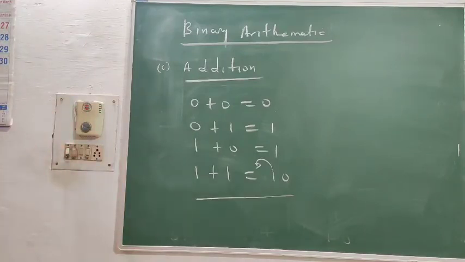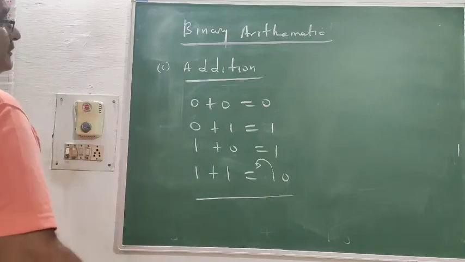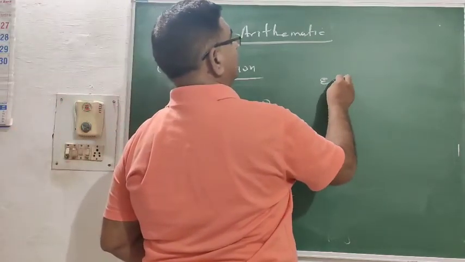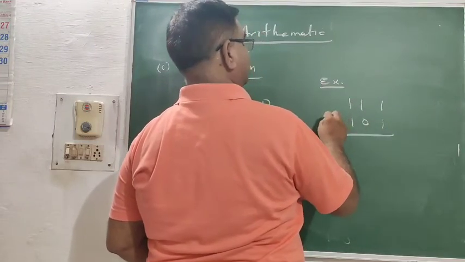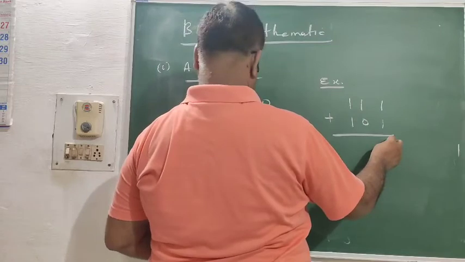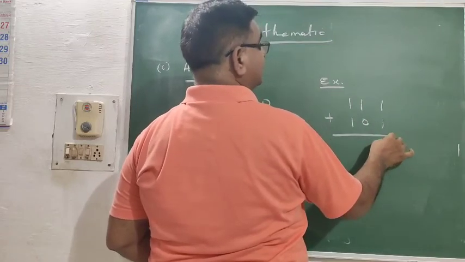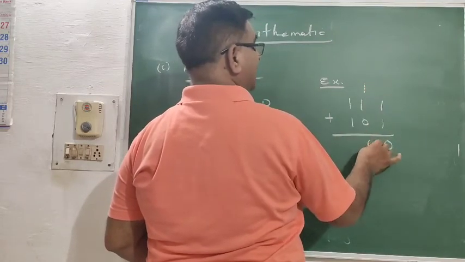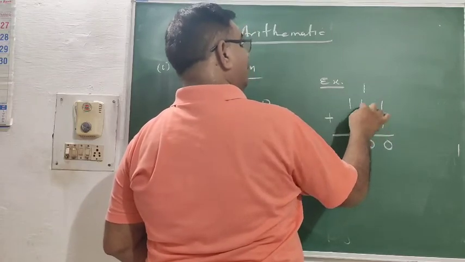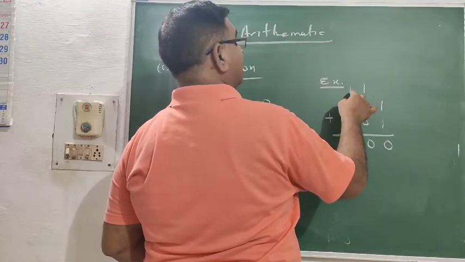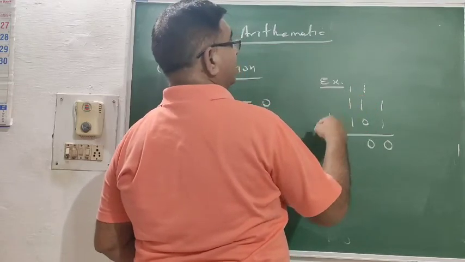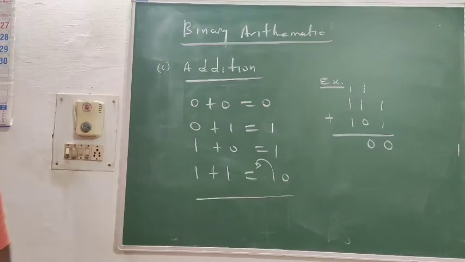हाउ यू विल ऐड? सी सम एग्जाम्पल. सपोज 111 added with 101. 1 plus 1 10. यहां से जो 10 आया 1 कैरी इधर हुआ, अगेन 10. 1 आया कैरी, 1 plus 1 10 and plus 1, that is 11.